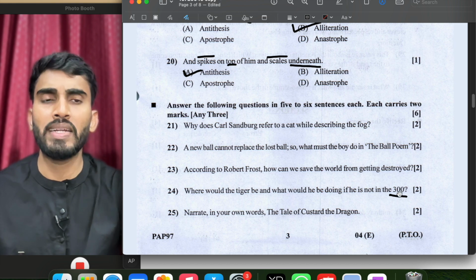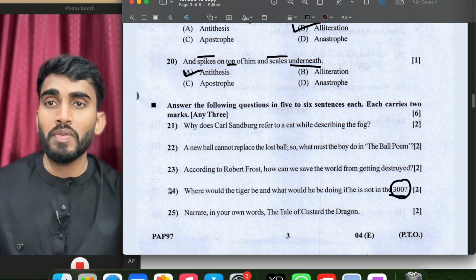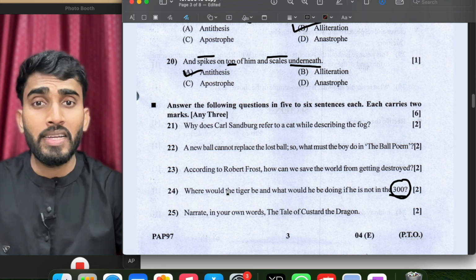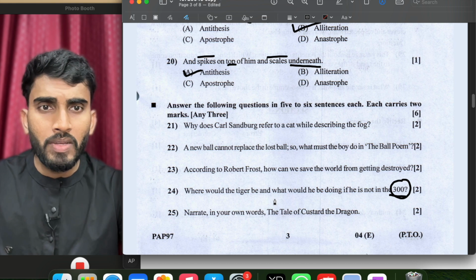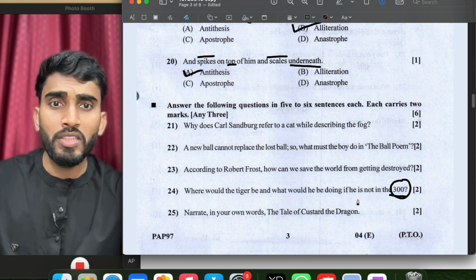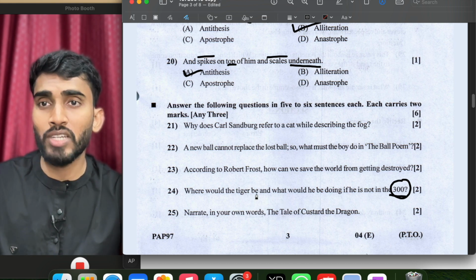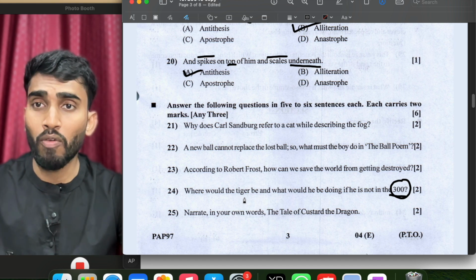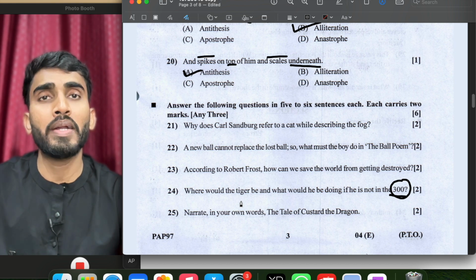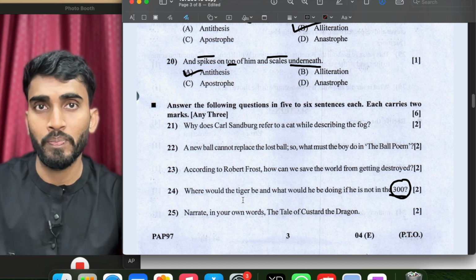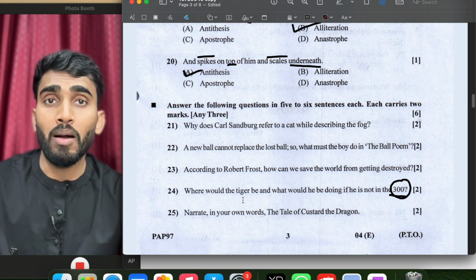This is not 300, it is a mistake here, it is zoo. So we will write the answer here that if the tiger is not in the zoo, then the tiger will be in the jungle lurking in the shadow of long grasses, waiting for the plump deer to come at the pond to drink water, so that when they come, he can